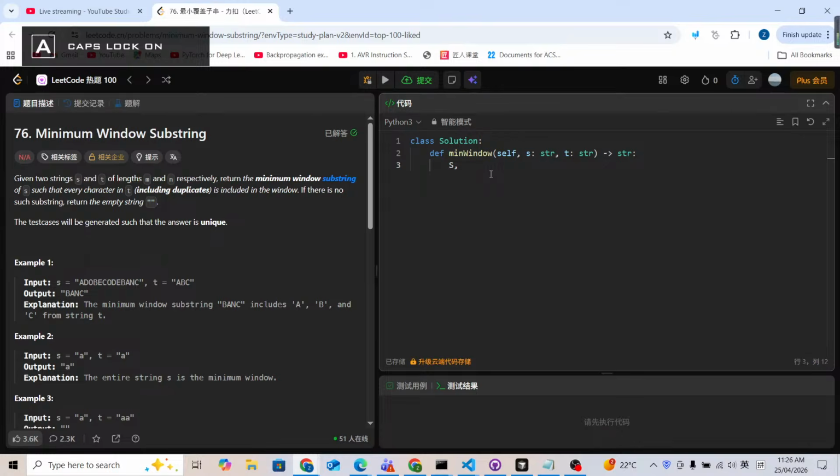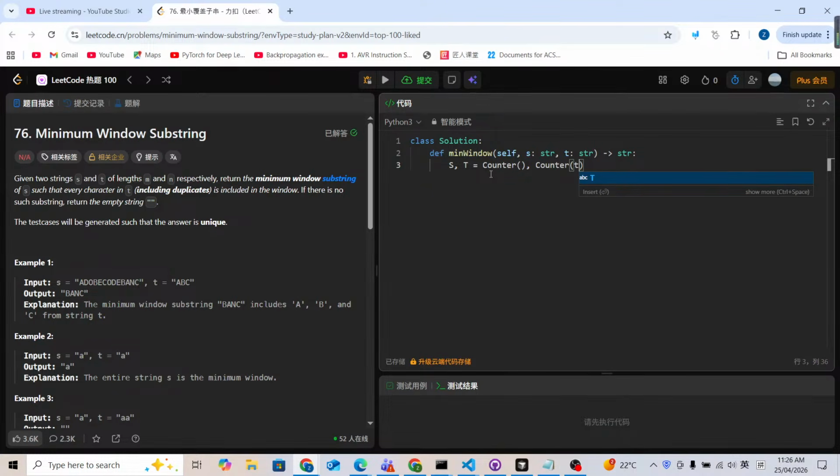As I said before, I'm going to use a counter or dictionary in Python. So for S, it's going to be an empty Counter, and for T, it's going to be a Counter of T. We also need to use the left border. It's going to be L, and our final answer is going to be the result. Here L is the left border, starting at 0, and the result is going to be